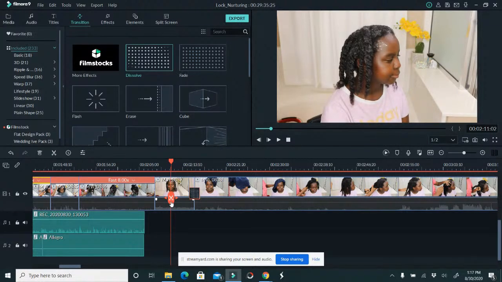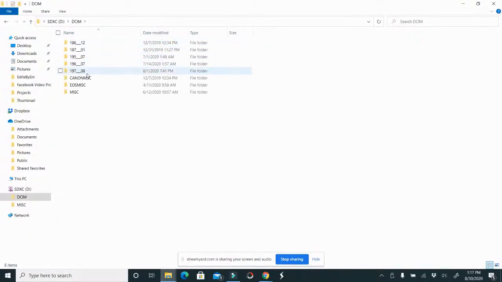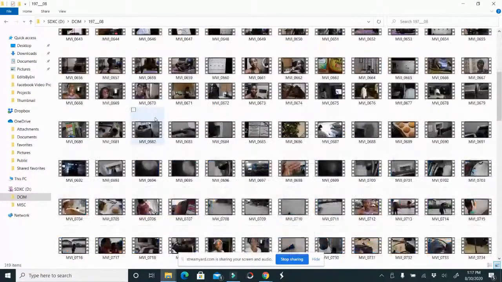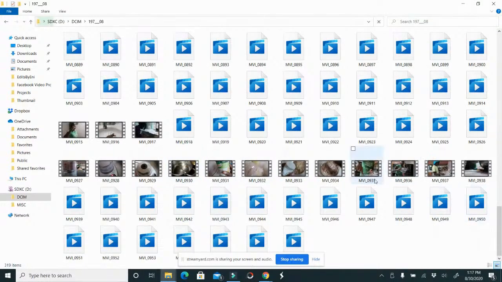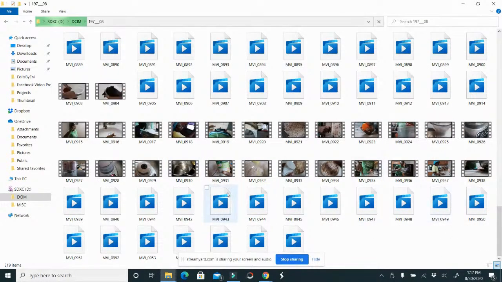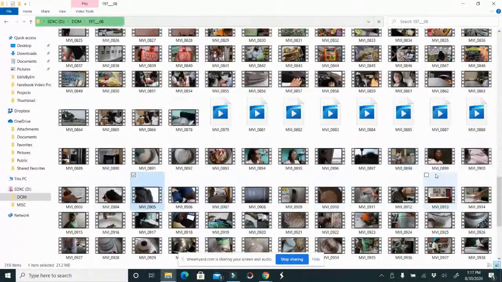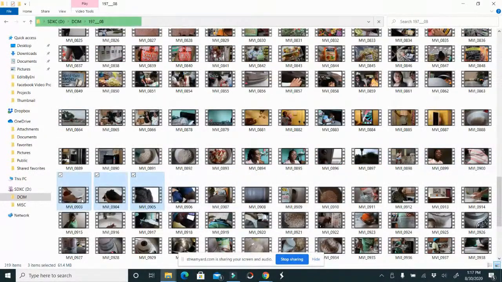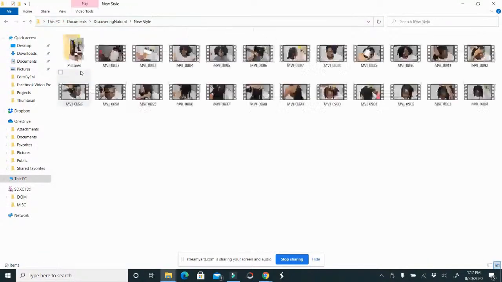So I have my footage again. I'm going to grab the footage from another camera. And this is the footage for when we wash the hair. Oof, so much footage here. Lord have mercy. Where's the footage? The footage is over here somewhere. So this is the footage from when I washed the hair. So I'm going to take that, move it to this hair folder, and I'm going to just paste it